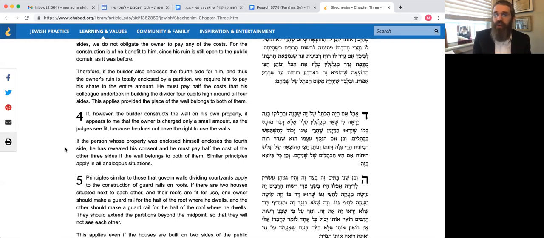So the fact that you're wearing a nice suit and I look at it and it looks pleasant, you can't bill me that I now got the benefit of watching your suit, because I'm getting a benefit, but you're not taking any loss. So why is it that you would have to pay? That's the question that the commentaries are bothered by or troubled by. But I think they're also bothered by the underlying question, which is, in some sense, how could you make me pay if I did not consent? So this is a problem.